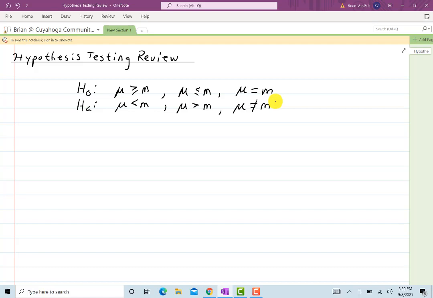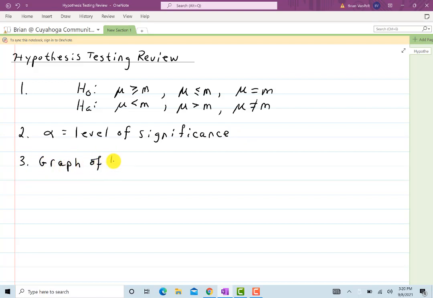The claim may be either the null or alternative hypothesis depending on the problem at hand. And we'll do a couple of examples. So the first step is to set up that. Next, we must specify a level of significance. And then typically, we'll do a graph